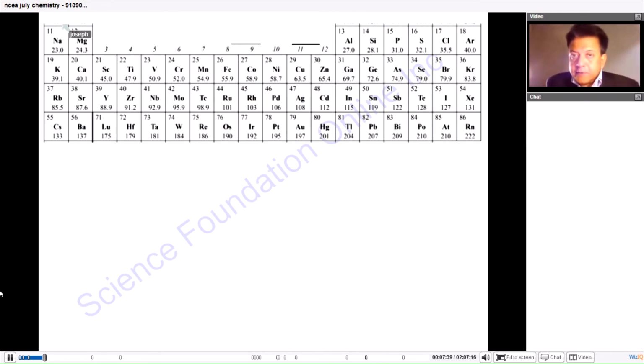Now, what happens when we fill these periods? You have 2 electrons in the first quantum level, which all go into an s orbital. So it will be a 1s2. Then you have a 2s2. That's when we get from sodium to magnesium. Then you have 2p6. And then after the second quantum level is filled, which happens at argon, we come to potassium, calcium, and scandium. When you fill electrons into atoms, the lowest energy orbital is the s orbital of that quantum level. So you put electrons into the,